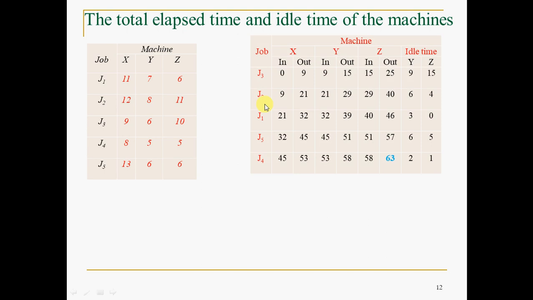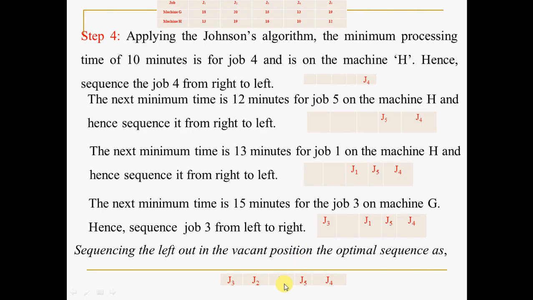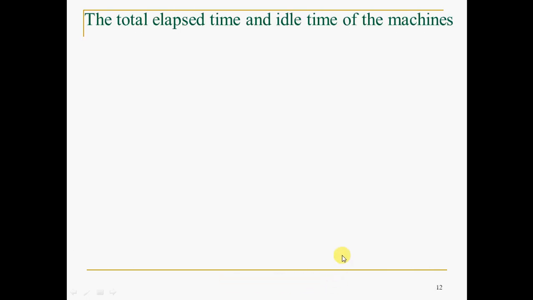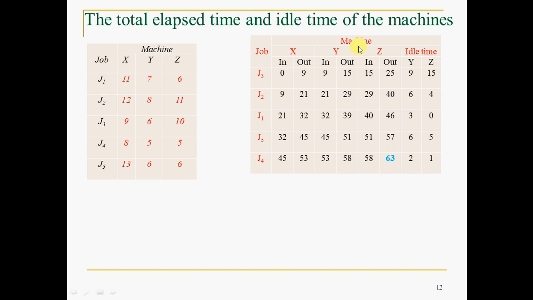Now what you have to do is write the optimal job sequence, whatever you have. So J3, J2, J1, J5, J4. Just we have got it here, J3, J2, J1, J5, J4. That sequence you have to write. That's the procedure. Machines X, Y, Z. For every machine you have to write in time, out time, in, out. This portion we'll discuss later. Like already we discussed this in the N jobs 2 machines problem also.